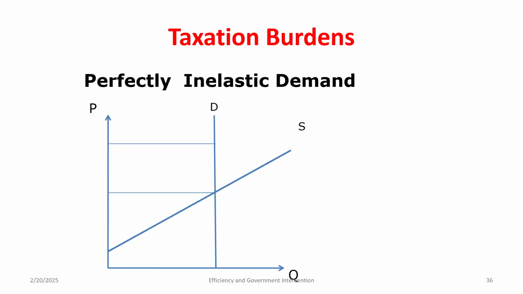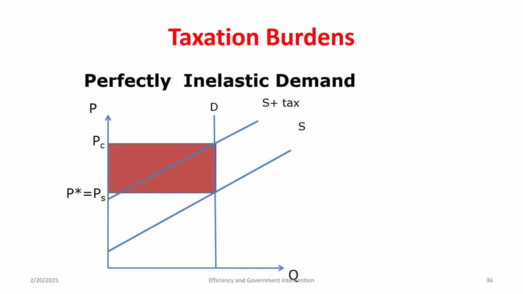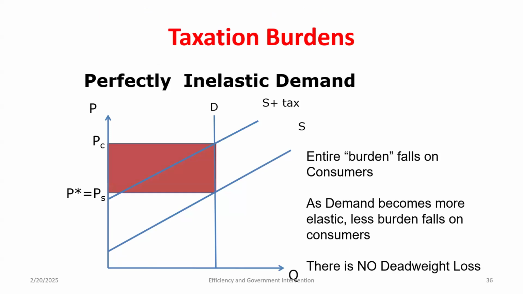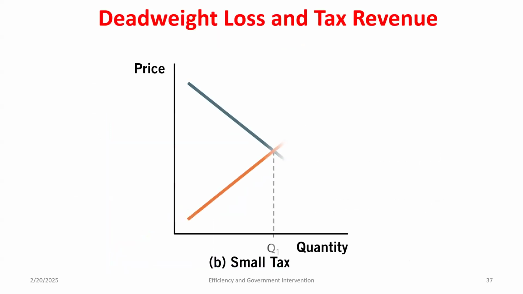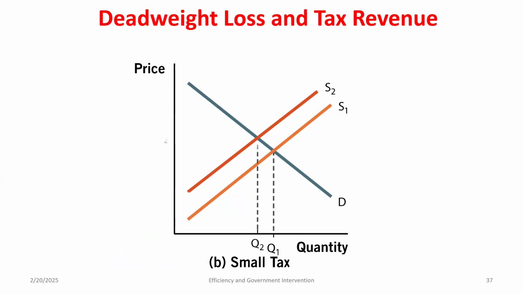So kind of related to this idea, I want to tax these perfectly inelastic goods. I also want to make sure nothing is truly perfectly inelastic, right? So I kind of already drew this out for us here. If they're perfectly inelastic, the whole burden falls on consumers. So let's say I just had some regular kind of supply and demand, not perfectly elastic or inelastic. There's also going to be this trade-off between I might be able to impose a moderate, like a very small tax. So what's that going to do? I haven't shifted supply much. So what's going to happen to the reduction in quantity? It's going to be relatively small, which means my deadweight loss, it's coming from the reduction in quantity. So it's going to be pretty small.